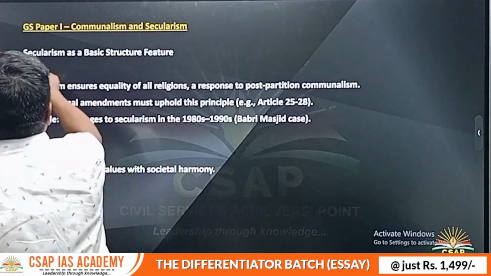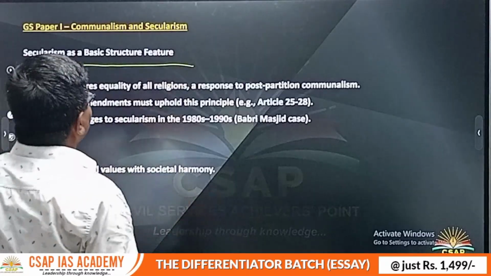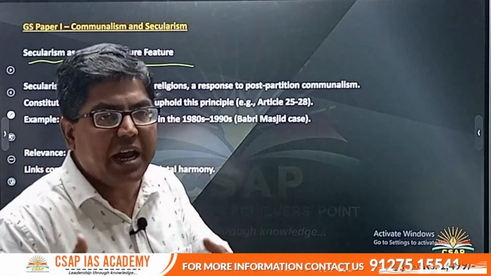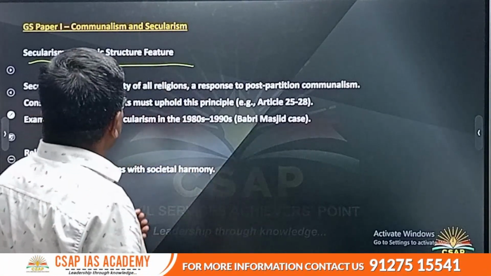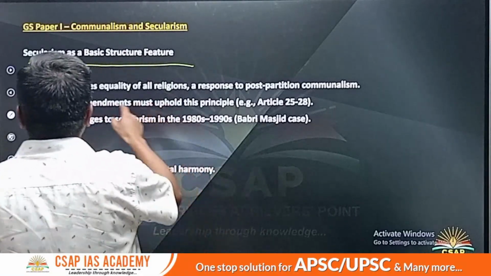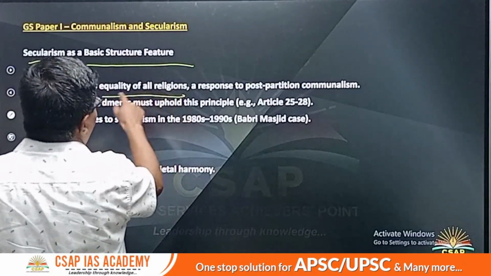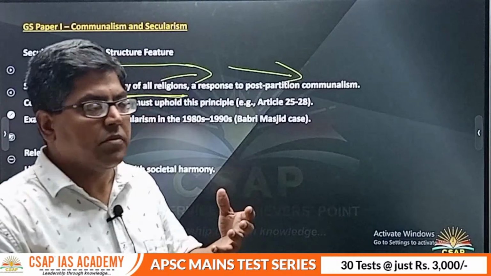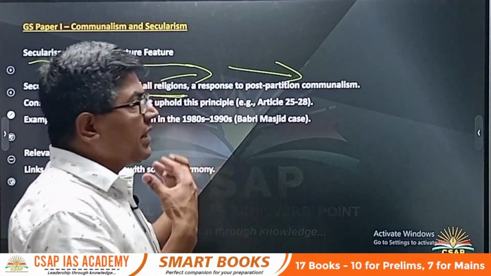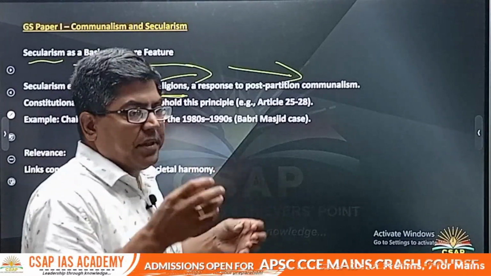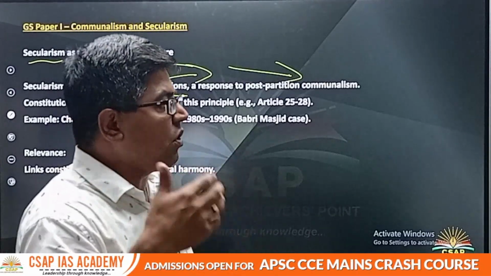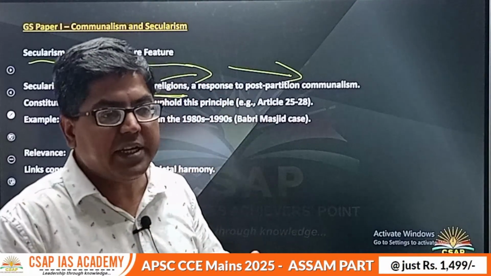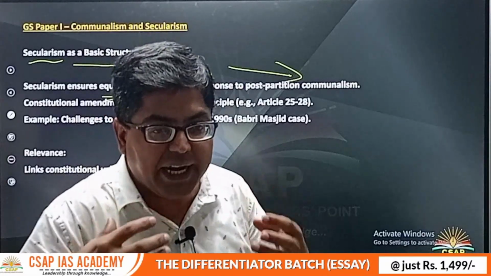So as I said, secularism is one of the basic structure features, as it is one of the important features of our constitution, which has been described as the basic structure, right. So basically, post partition, you see what we have done: equality of all religions, and this was a response to post partition communalism. Okay, so why did we incorporate the provision of secularism? This could be understood in this fashion also, that in order to address the post partition communalism, right, the intensifying